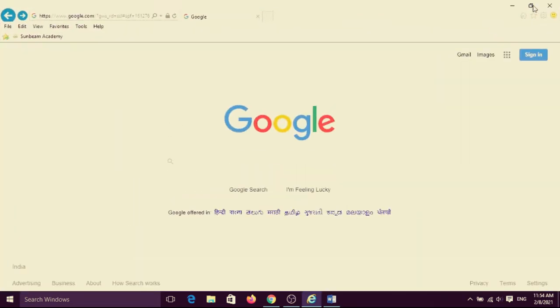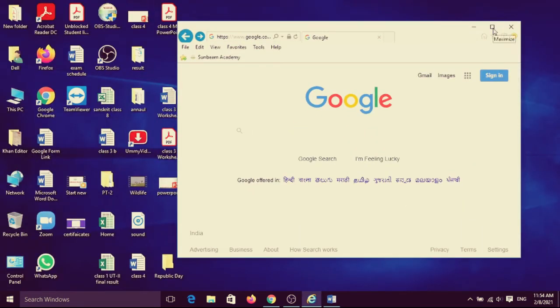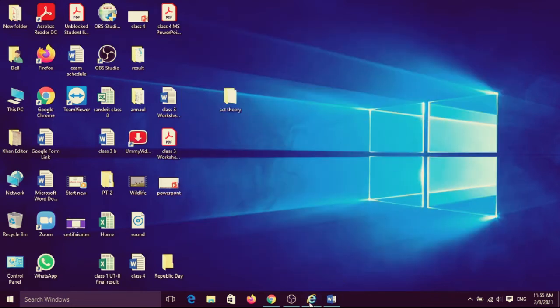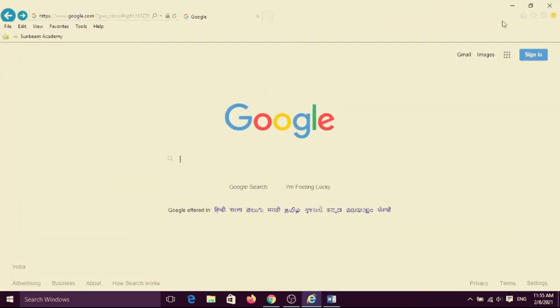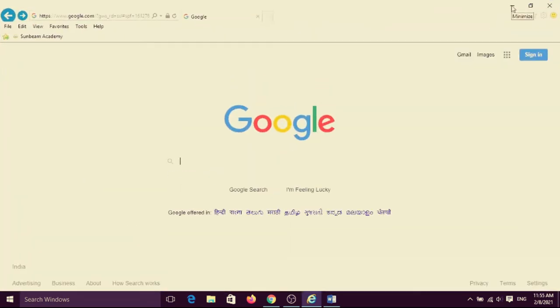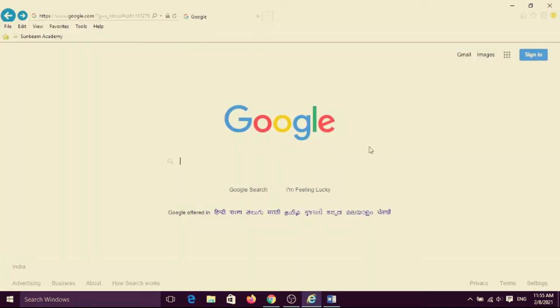Once again, this is the restore down. When you click on here, now the button has changed into maximize, you can see. And it is the minimize to shrink your open window. It is now in shrink position. Click on it to open, and if it is in the maximize position, then you have to click on minimize to shrink, and click on it, it will be maximized and open.